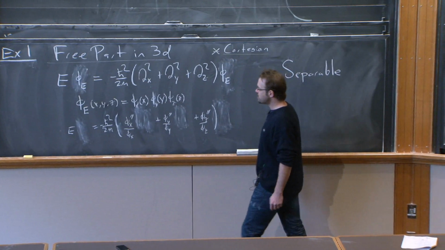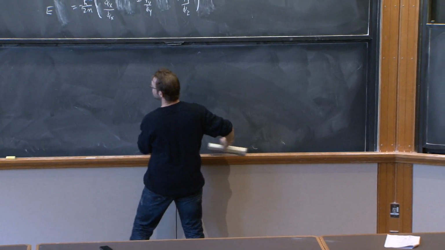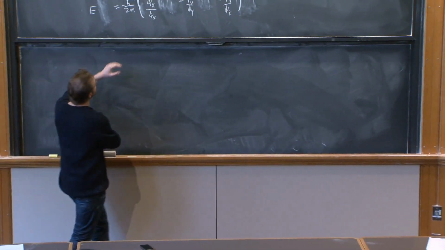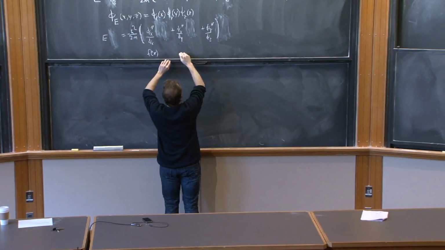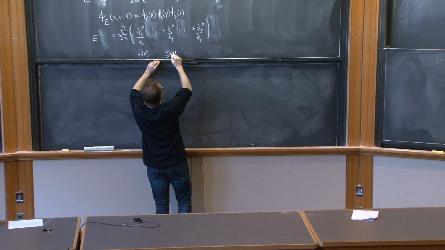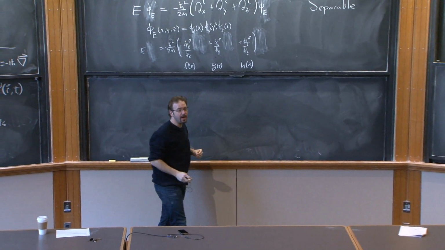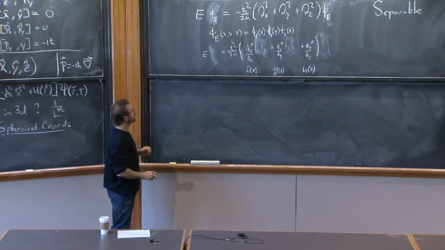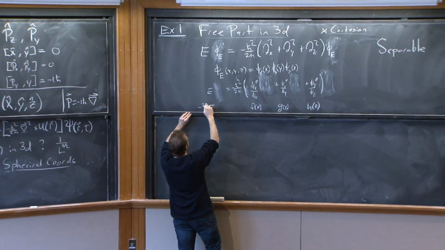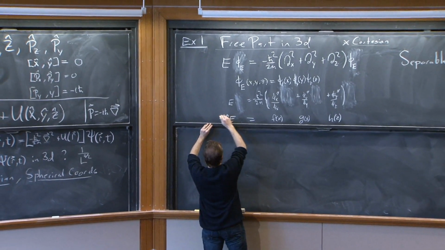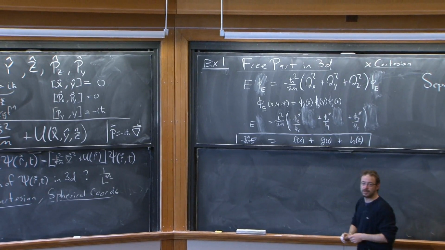OK. So this is the form of the equation we have. And what content does this give us? Well, note the following. This is a funny system. This is a function of x. This is a function of y only, and not of x or z. And this is a function only of z and not of x or y. So we have that E, and let's put this as minus 2m over h bar squared, is equal to a function of x plus a function of y plus a function of z.